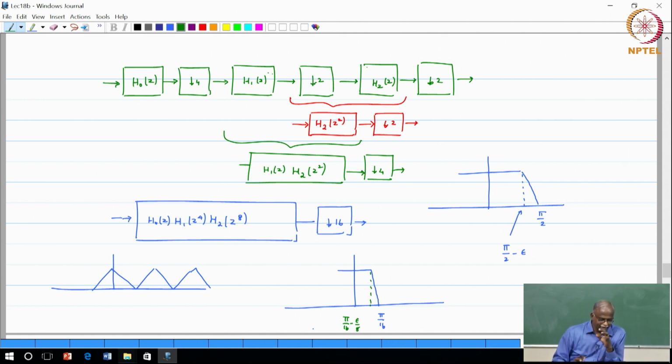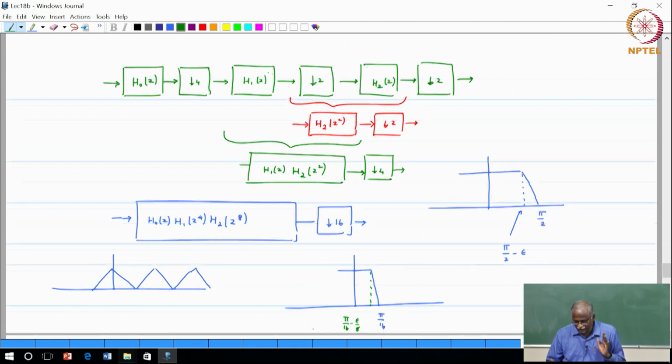So, the crux of the matter is whenever there is interpolation or a form of interpolation, which when you get Z power 4 or Z power 8, then automatically there is a compression of the spectrum and you can actually take advantage of it to design very narrow filters. Okay. So, once you have this principle in mind, then the filter design people said, okay, we will now develop something called the interpolated FIR filter,